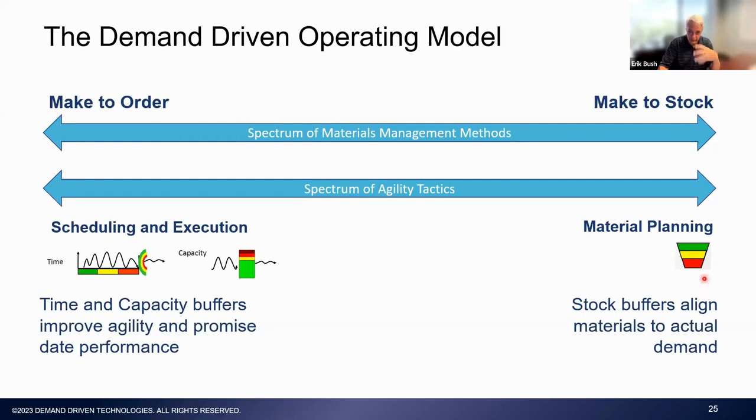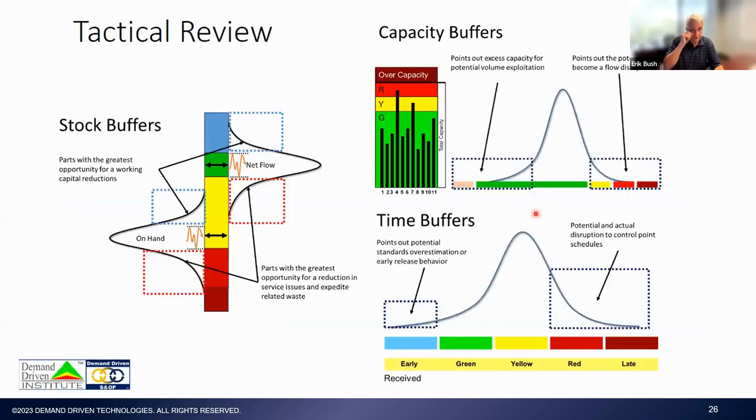And in that case, you're going to be holding inventory. And through the use of concepts like DDMRP buffers, you're going to configure those buffers to ensure they are addressing the consumption pattern and the variation a given item experiences. So just got to keep this in mind, that the way we address this is going to be dependent on your operating environment and which of the tools and techniques we can utilize to create that greater agility.